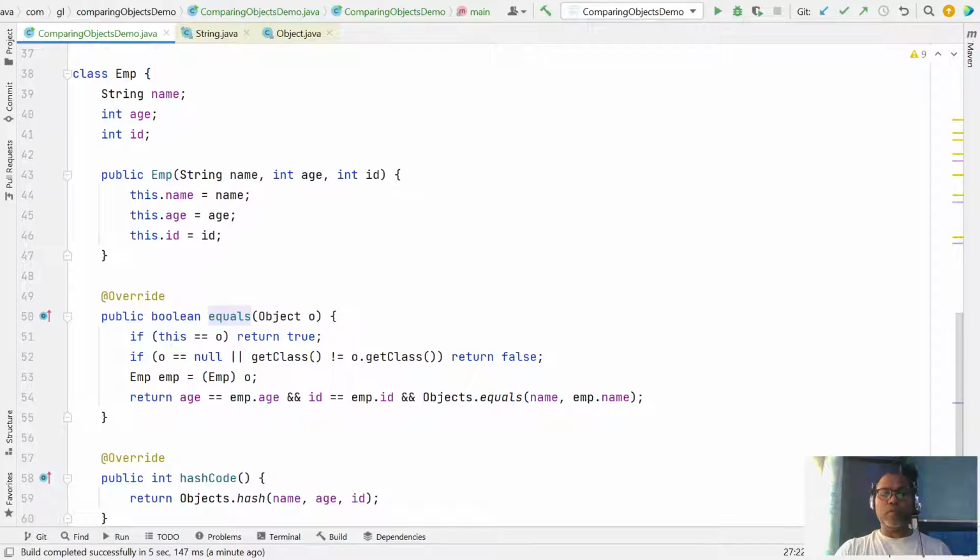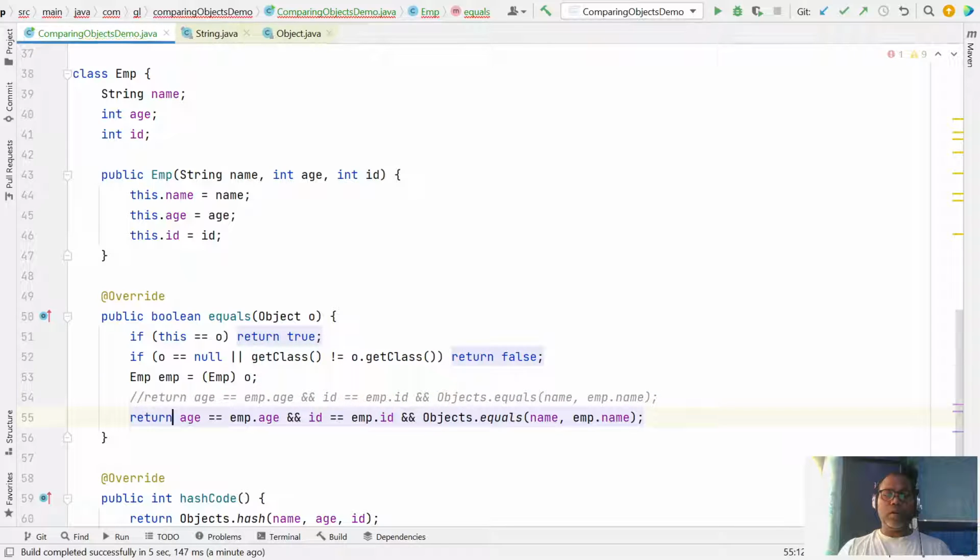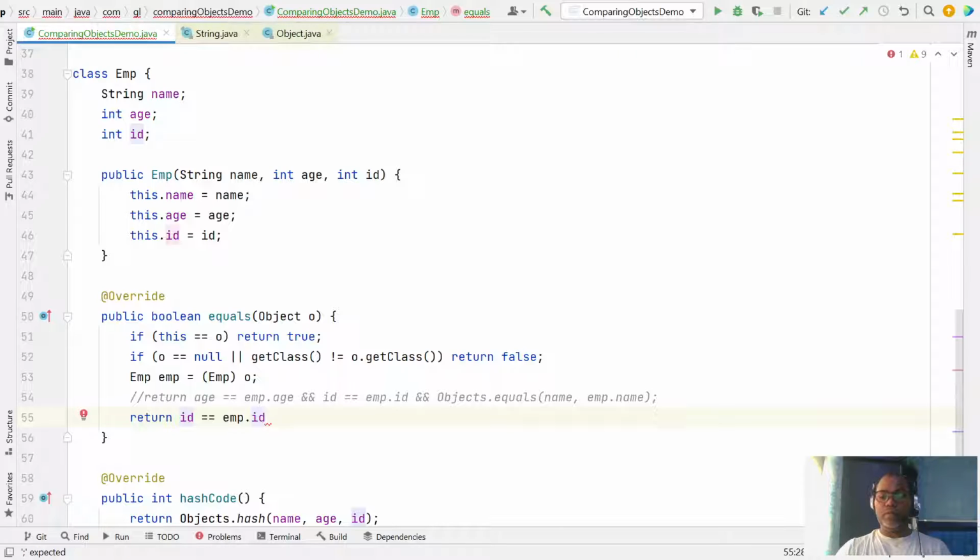But what the logic is, what the content is, you have to provide. Let's see, here I am only checking the ID, not the age, not the name. Let's say two employees can be equal on the basis of only ID, whatever definition we provide.